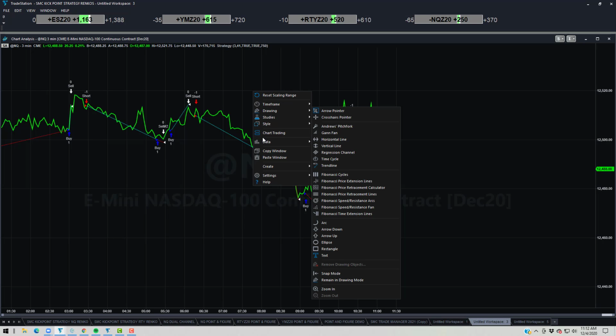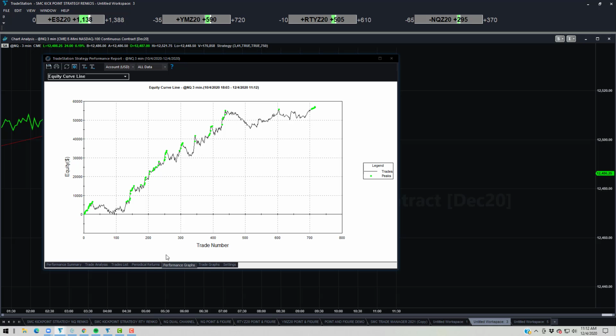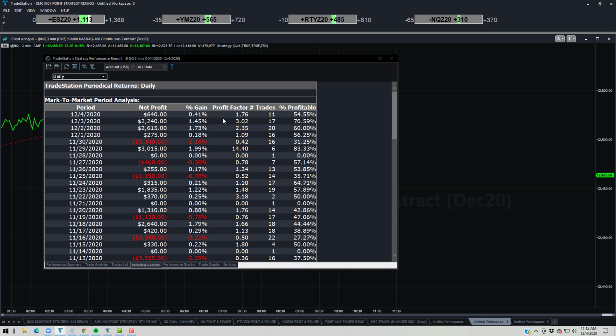This has been running since midnight, and you want to know how much money this would have made me if I ran this last night. Now, this computer has not been off. There we have it. 11 trades. 54.55% of them have been profitable. It has made $640, and the profit factor is